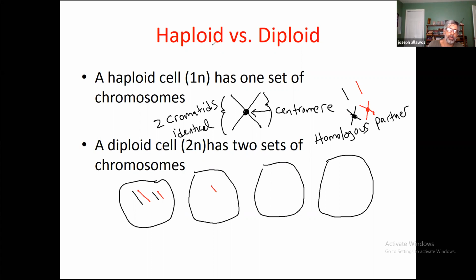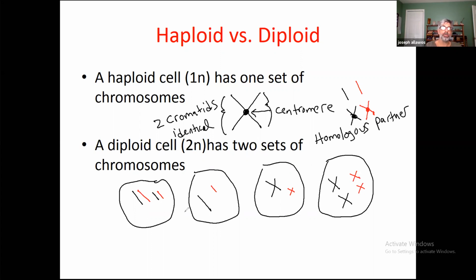Let me draw them all and then we'll talk about it. Let me just keep going with this and you'll see what we're going to do. And you're going to understand everything there is to know about this. Okay, we have 4 cells here that I've drawn, to represent the terminology we've discussed